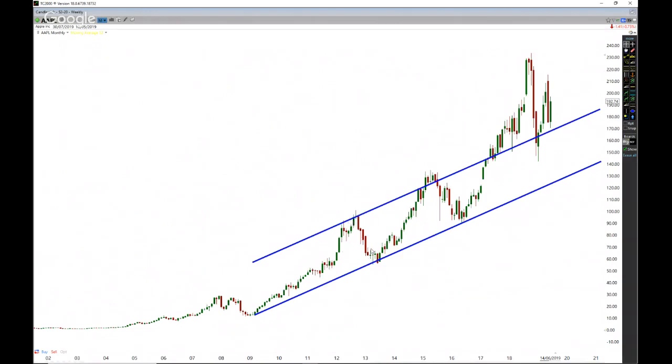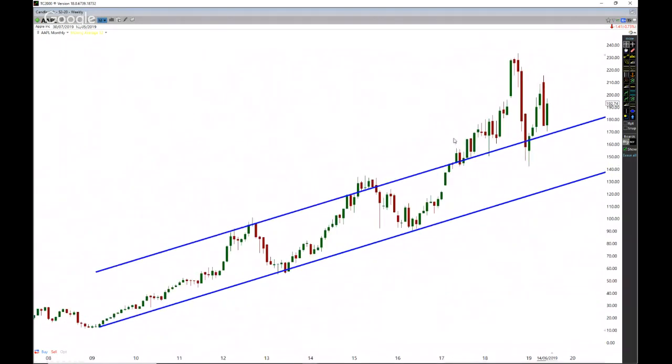We had this resistance, came down, found support, resistance, support. Once it broke back above it, notice how we're finding a lot of support even recently, right? We came back down to, now again, this is a monthly chart, so it's more like an area, more like a band than just a finite level. It's not like it came down and, oh, this is the exact point. It's more like an area, as you can see through here.